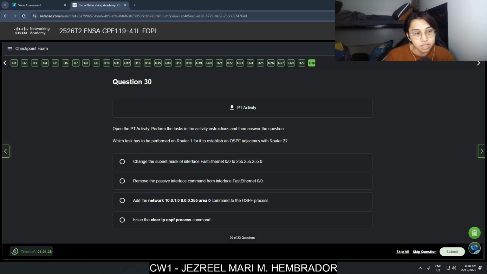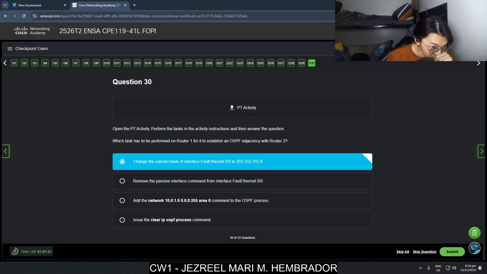Okay, so which task has to be performed on router 1 for it to establish an OSPF adjacency with router 2? Change the subnet mask of interface FastEthernet 0/0 to 255.255.255.0. Oh, this is what I did.